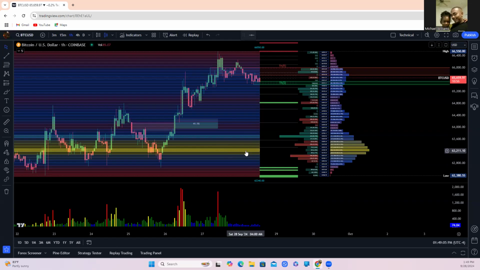right? But understanding where I can enter, and then where price is likely to have a reaction if it does push back to the upside, right? So that's where I look to take my profits and stuff. Understanding where these different areas are in the chart, and this right here allows you to see that. So this is the 1 hour, right? All right, so going into the next phase of what I wanted to show you